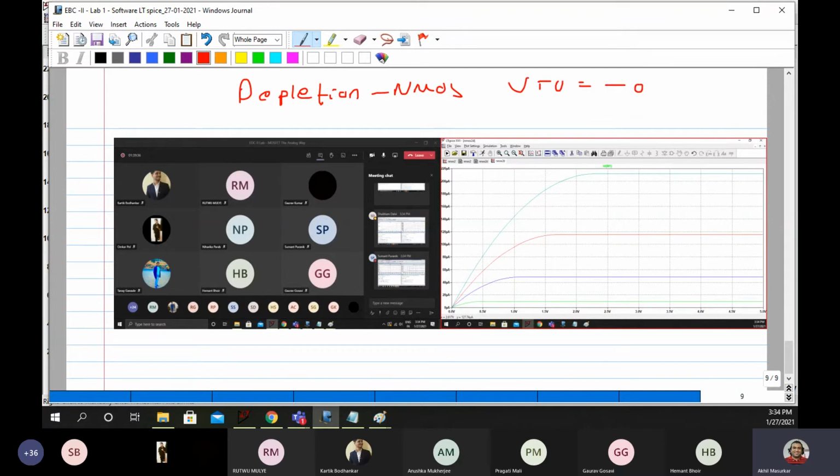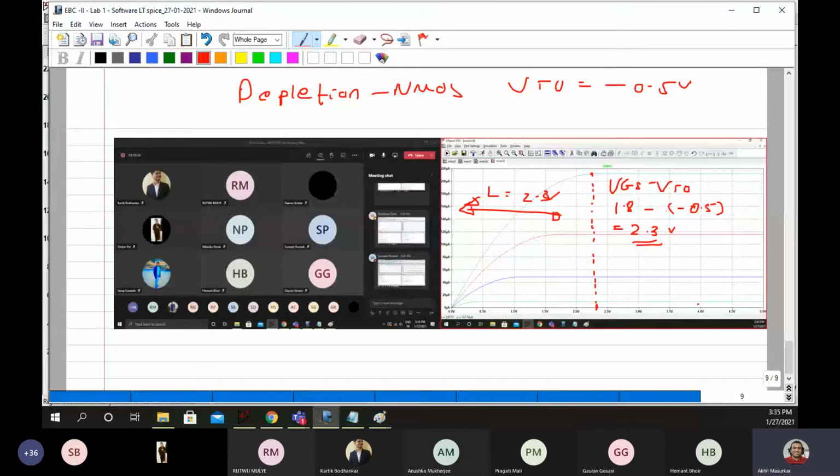VTO is again minus 0.5 volts. So if you look at this point, it will be again VGS minus VTO, that is 1.8 plus 0.5, that will be 2.3 volts. So you can see that this value will lie between 2 and 2.5. So you can see that the linear here is bigger, 2.3 volts, and saturation has become smaller.